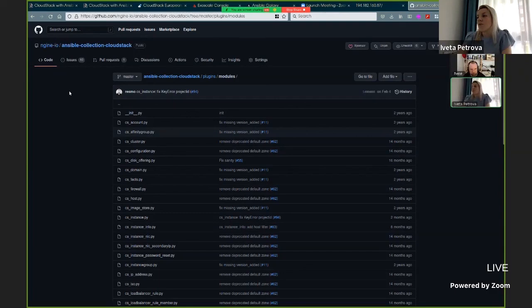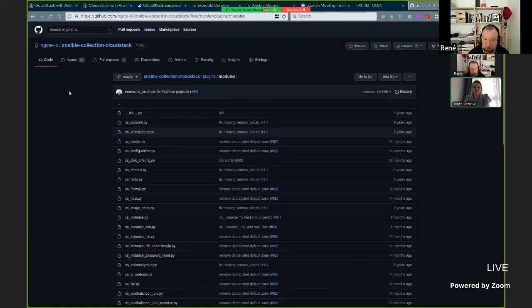One more question, for idempotency: don't you have to be careful to program state retrieval yourself? Yes, this is what we do. We gather the state from the API, and we compare it with the state we want. Then we have to decide if we can change the state or have to delete or recreate a thing. So in security rules, we cannot change them. So we have to remove them and recreate them.